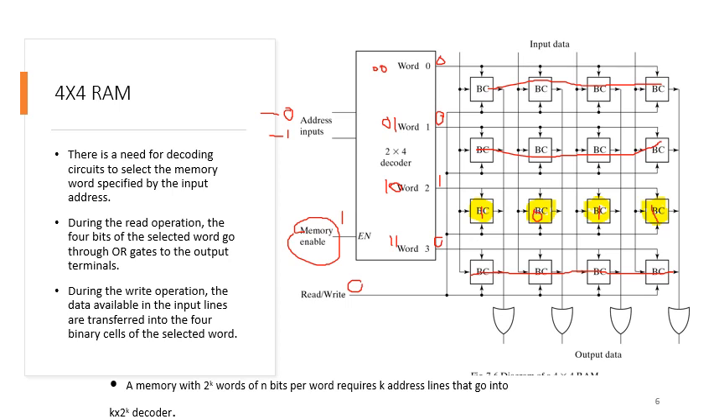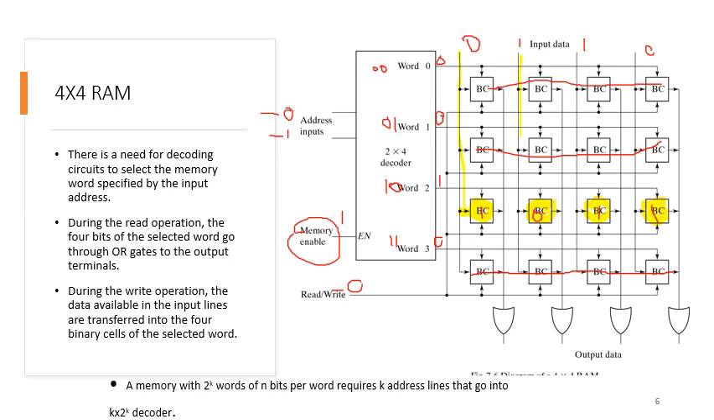And assuming that the input applied at the input lines is 0 1 1 0. Since read/write bar equals 0, which means that we are performing a write operation into the basic cell, whatsoever is applied at the input lines here,